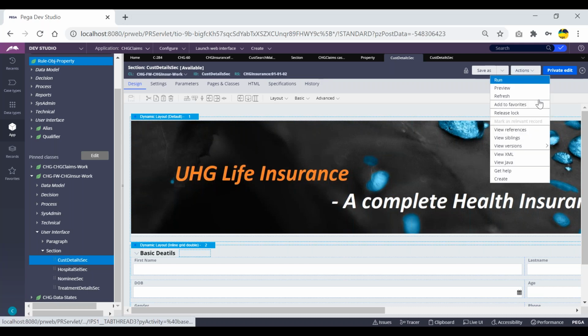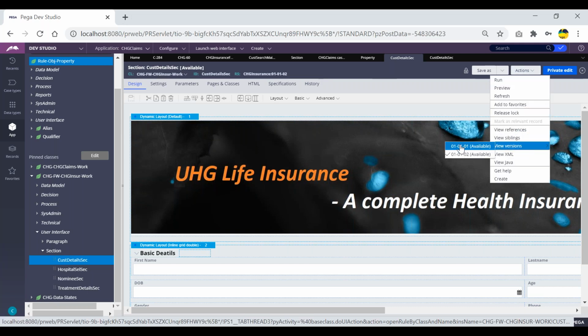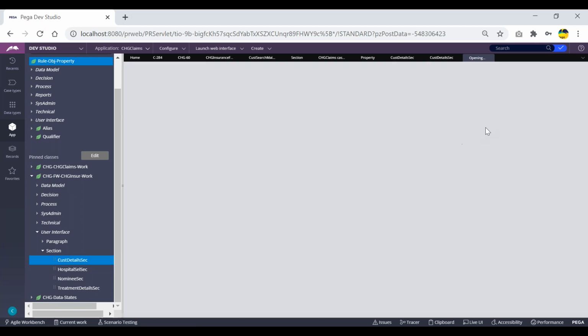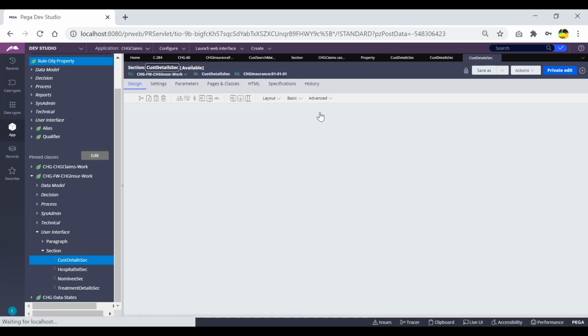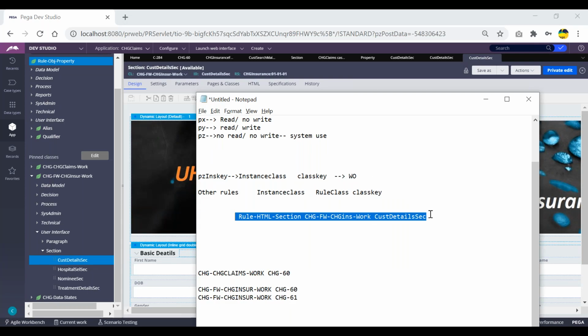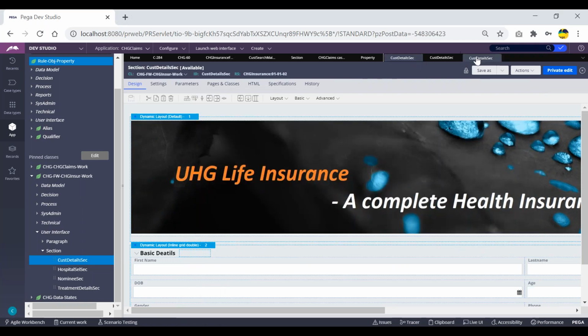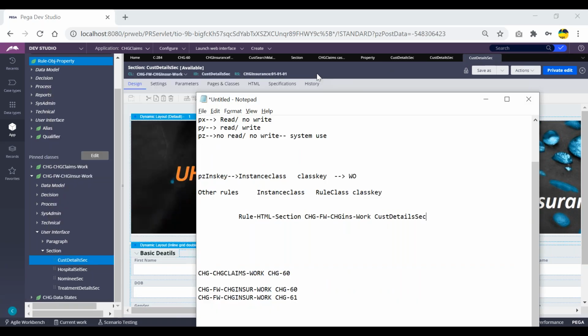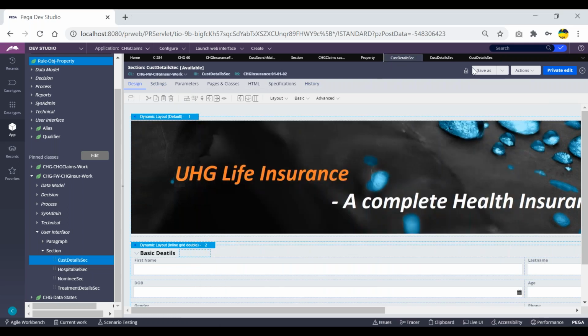Now I'm trying to check another thing. I'm going for version number 1. So what will be the PZDNSKey of this one? These two I want to compare. This is version number 2 and this is version number 1. Likewise, I can have some hundreds of versions also. Each and everything will be in a separate instance. So this will be one record in this particular class, and this will be one record in another class. So what is the PZDNSKey of this one?